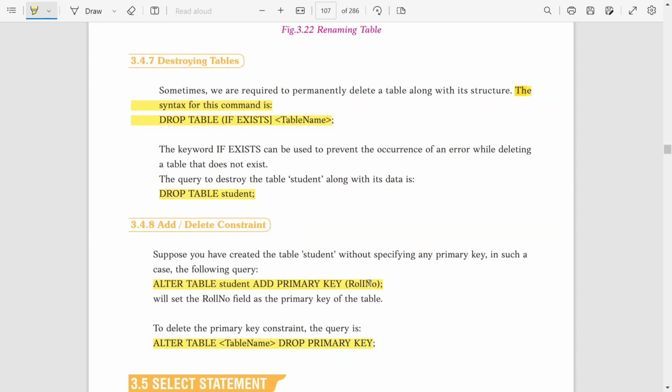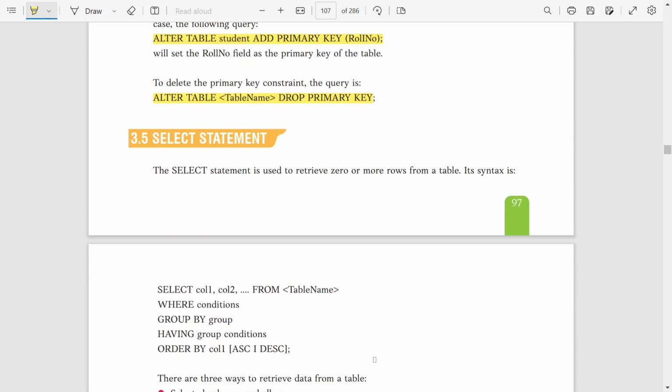When we add a primary key we have to mention the column name, and when we remove it we do not have to mention the column name. The reason is that one table can have only one primary key, so we do not need to tell the MySQL server which one should be deleted, as there is just one primary key, so it can delete it easily.